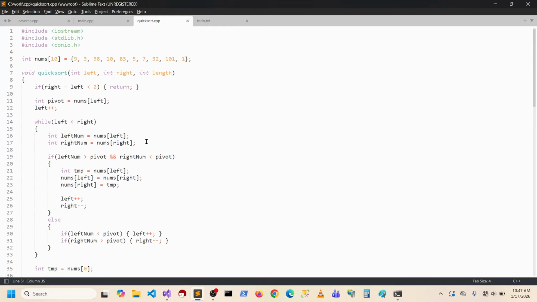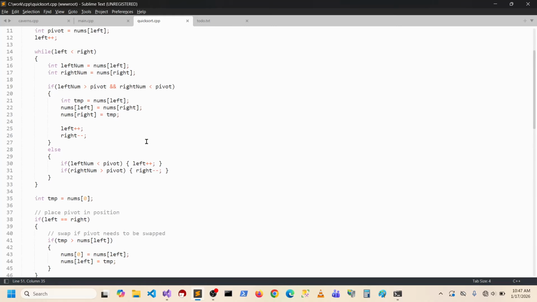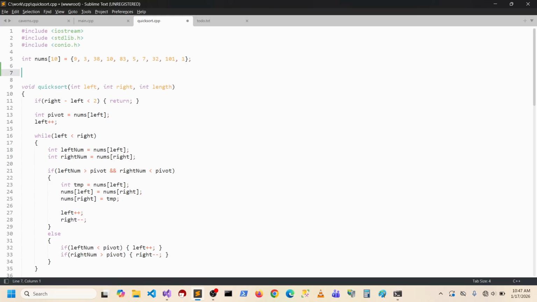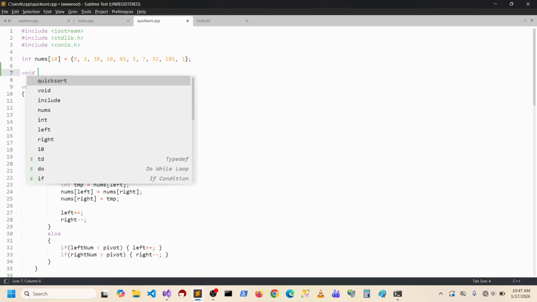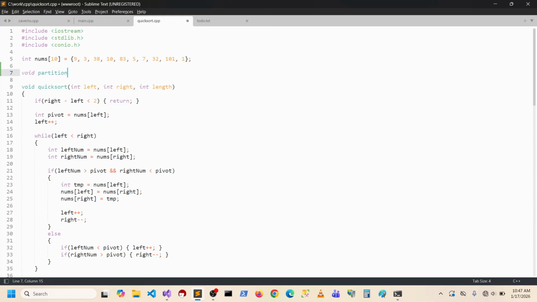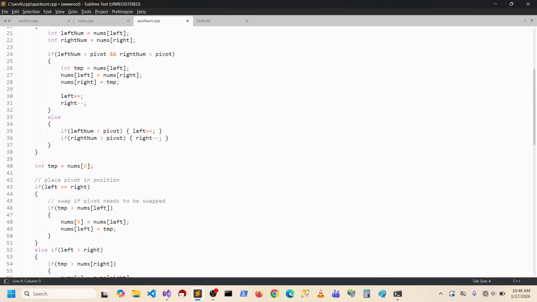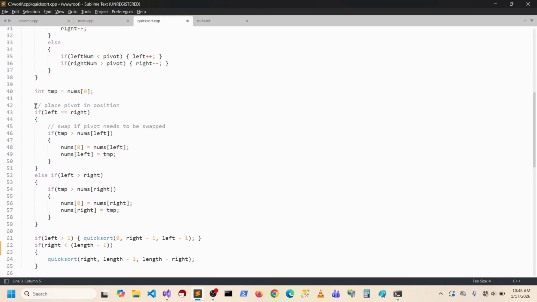So I think I'll take and put the partition in another function. And that's going to need what? An integer nums. This would be an array. So if we take that there,